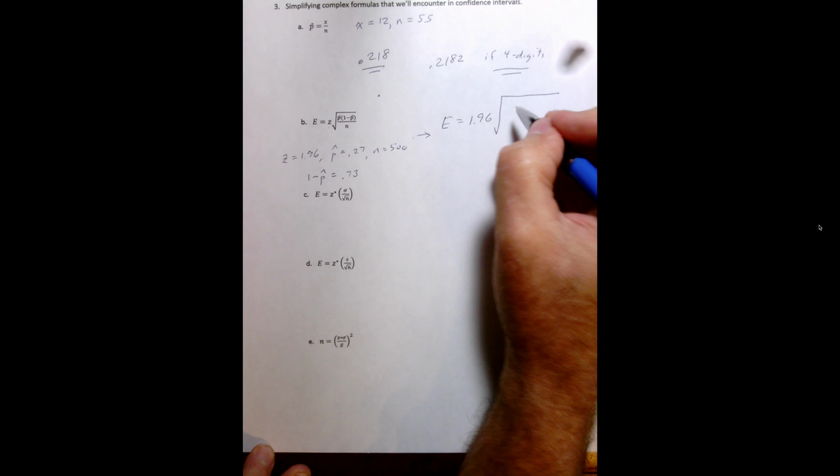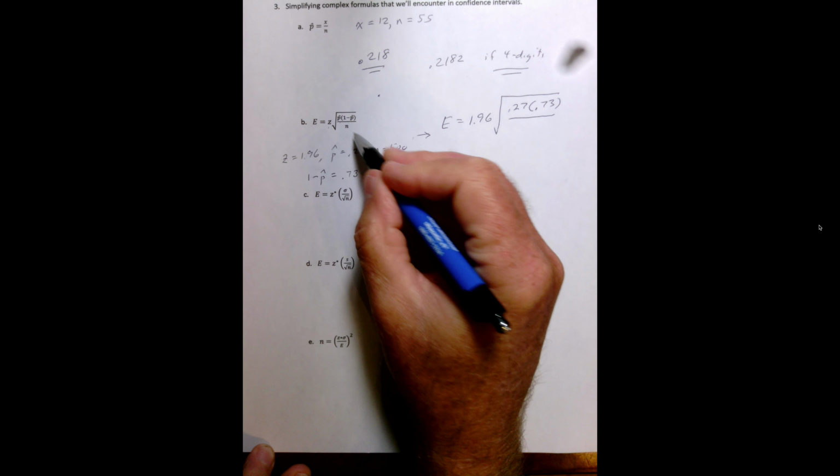My p hat is 0.27. My 1 minus p hat is 0.73. And the n is 500. So if I can put this in my calculator without doing something goofy, then I've got